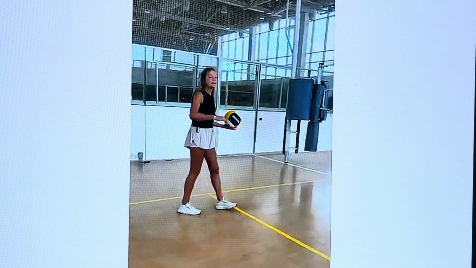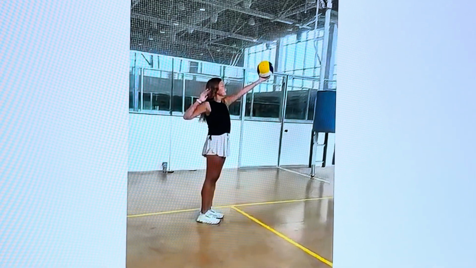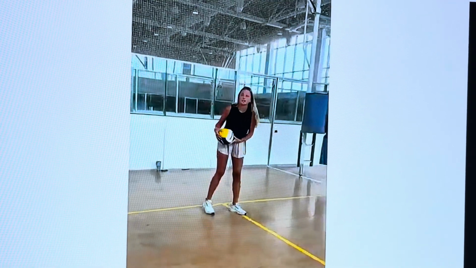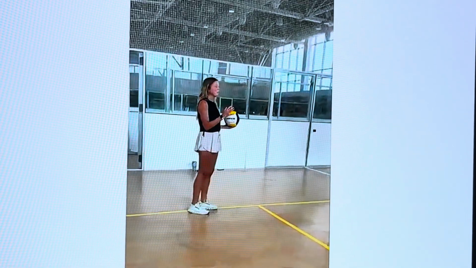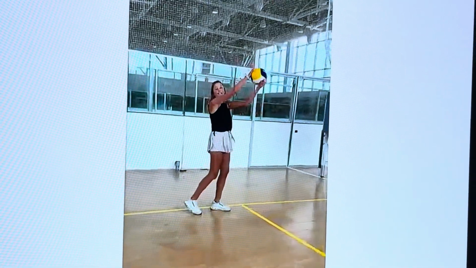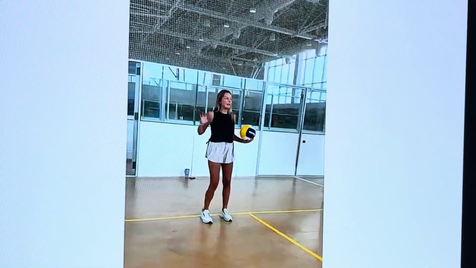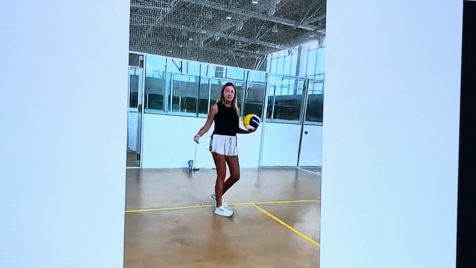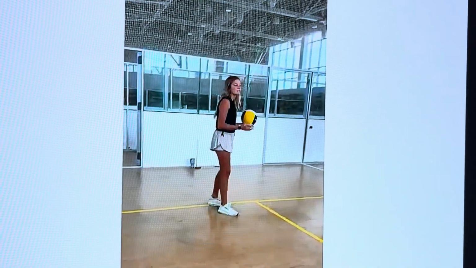Next is your arm swing. If you don't have this kind of swing, it leads to no power at all. The ball's going down or it's going straight to the net. Next is body positioning. If you're not square to the net, it leads to the ball not going inside the court. If you're facing this way, if you're facing this way, the ball's going to follow you. So, as an example for someone who is not proficient,